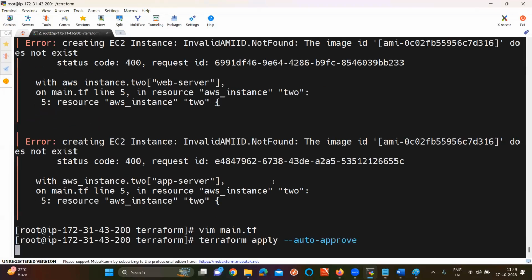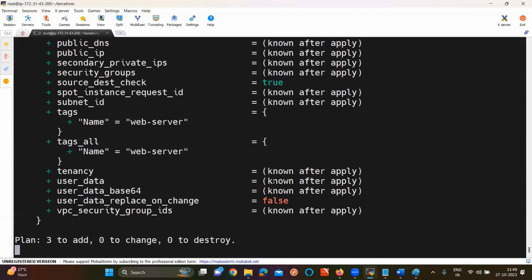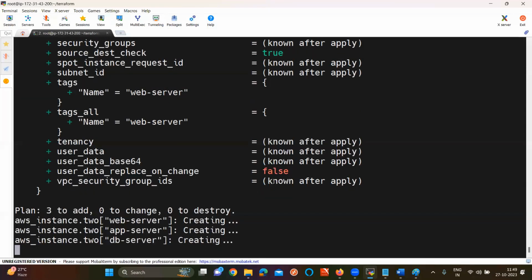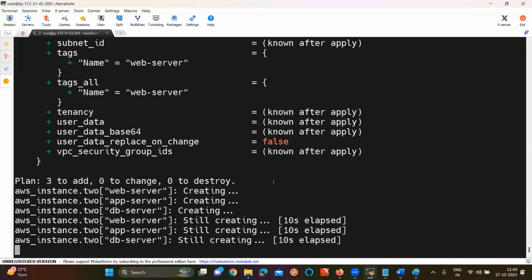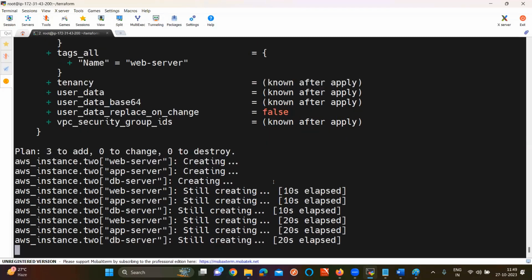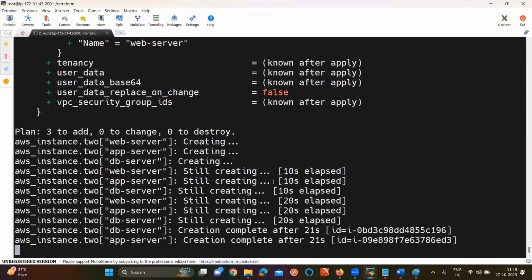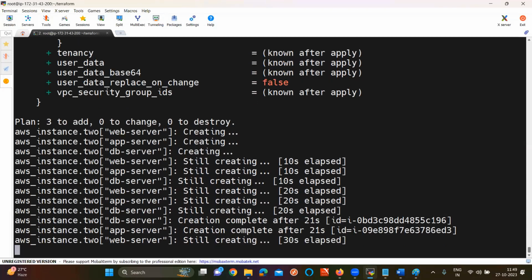Now give apply. Is it creating the servers or not, sir? No? How many servers it is creating? 3 servers. For 3 servers, am I getting 3 different names or not, sir? So this is how we are going to create the servers with minimal code, by using which loop here? For each loop. For each loop is going to pick the values one by one. Correct or not, sir? That's it.